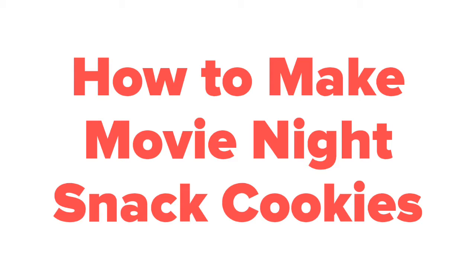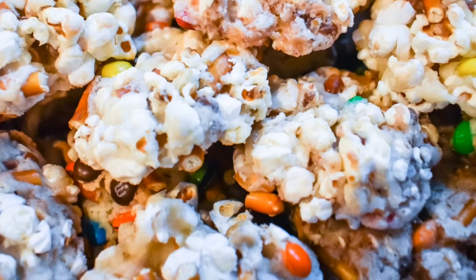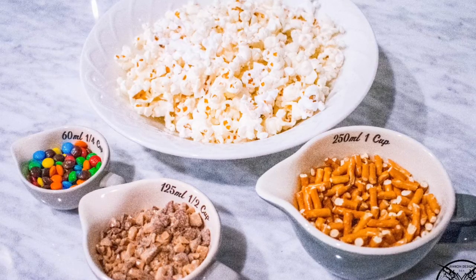How to make festive movie night snack cookies. My movie night snack cookies have quickly become a holiday favorite around our home. The idea is simple. It's a basic sugar cookie, and then you stir in your favorite movie time treats like